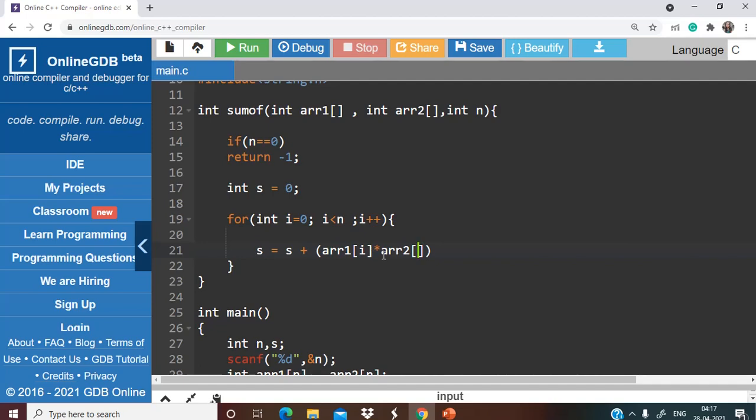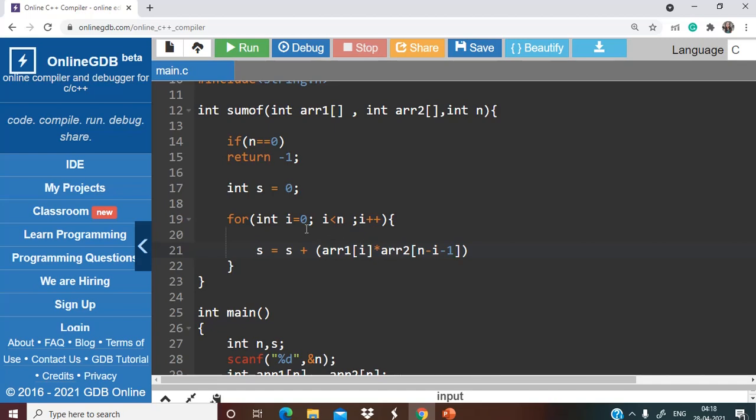If I do n minus i, as of now the value of i is 0, so n minus 0 will give me the nth index, but that is not possible because indexing starts from 0. So I have to subtract 1 also. Now if i is 0, I'll be getting the last element, that is stored at the n minus 1 index of arr2.